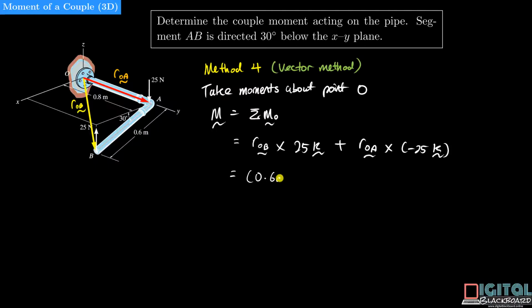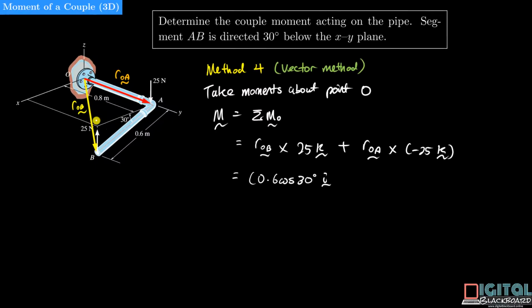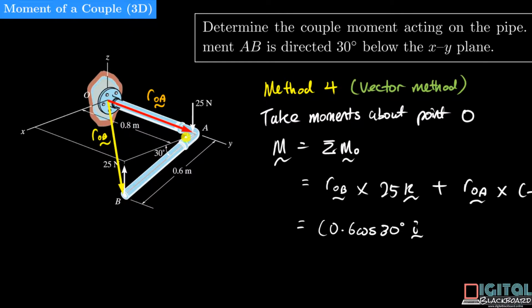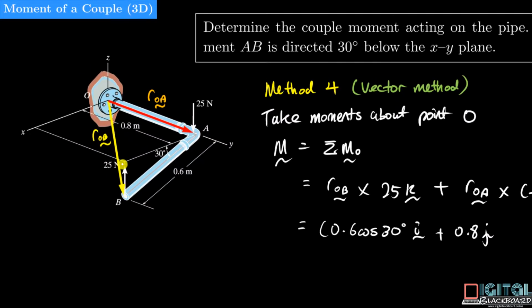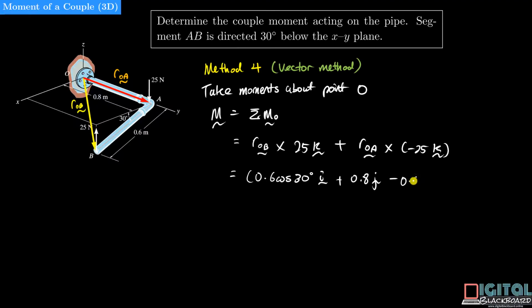For ROB, it is 0.6 cosine 30 degrees i, because in the x direction it is moving by this distance, which is 0.6 cosine 30 degrees. In the j direction, it is also moving by this distance, 0.8 meters, so plus 0.8 j. And finally, in the z direction, it is moving downwards by 0.6 sine 30 degrees, so minus 0.6 sine 30 degrees